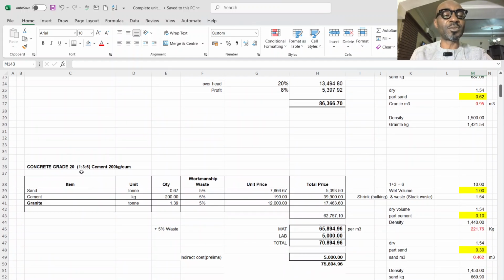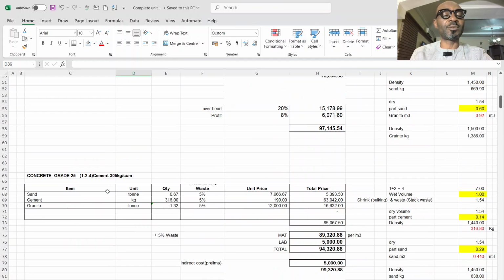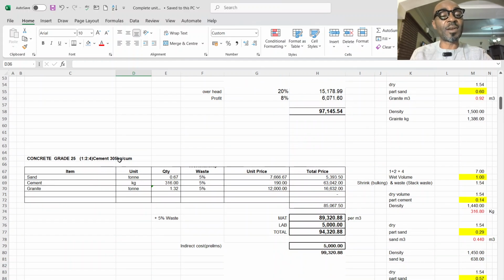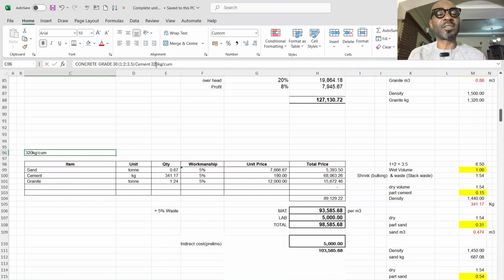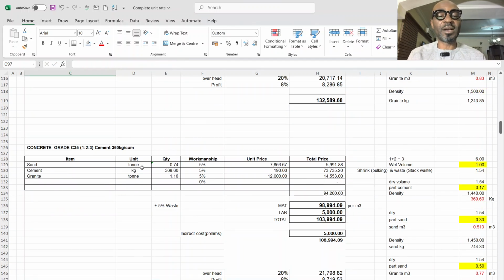We have a ratio of 1 to 3 to 6 with the 200 kg cement content. We have the ratio of 1 to 2 to 4 with the 305 kg cement content. We have a ratio of 1 to 2 to 3.5 with 320 kg, then 340 kg. Then we have the ratio of